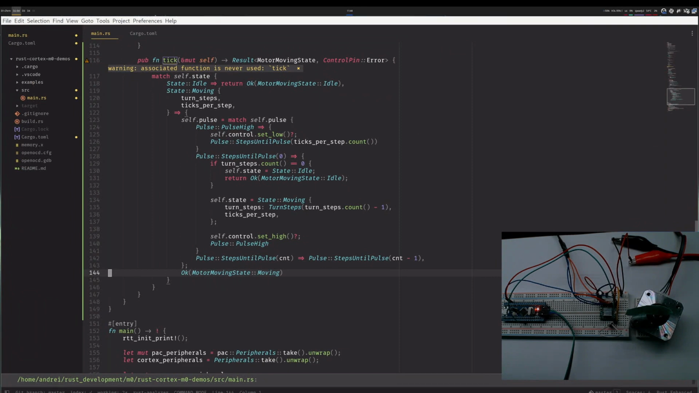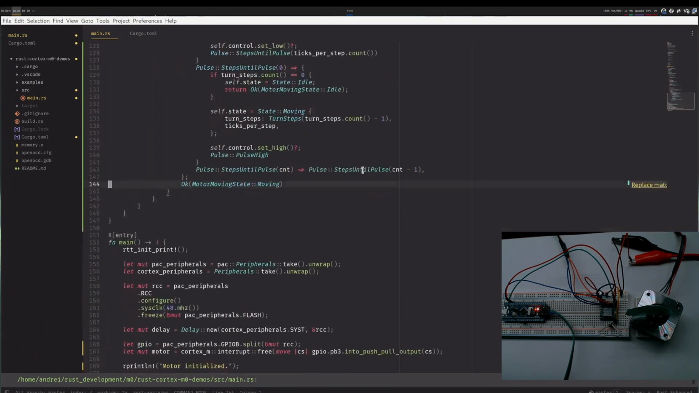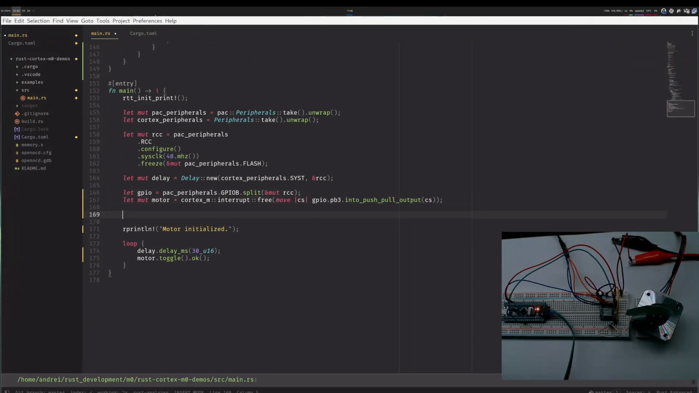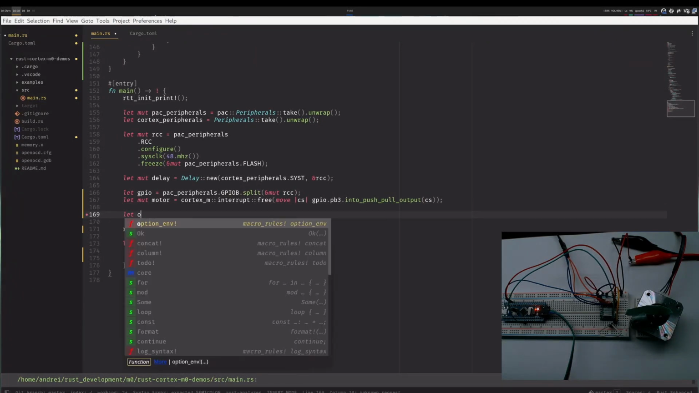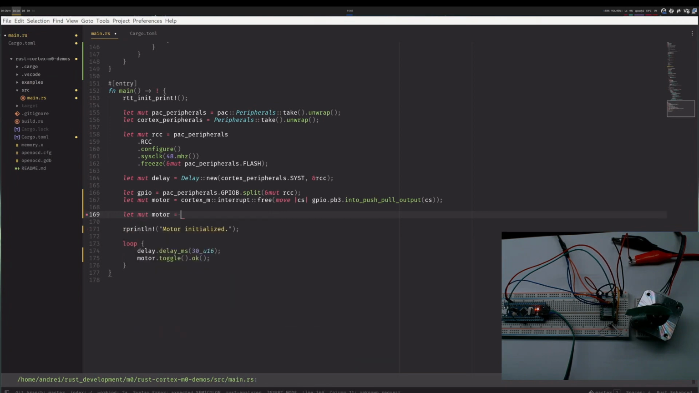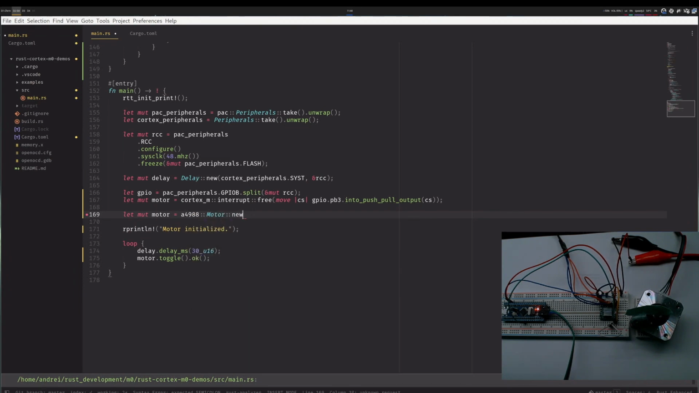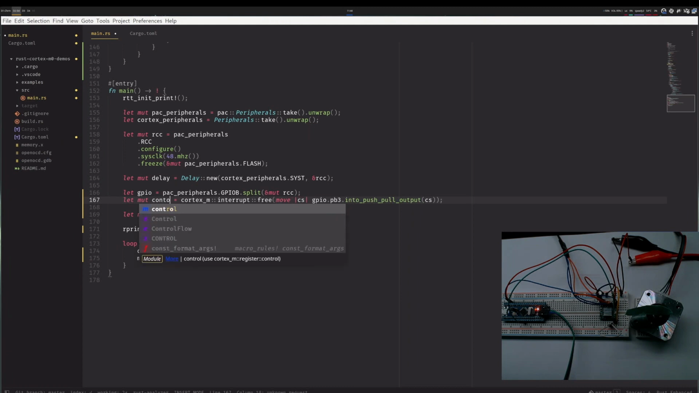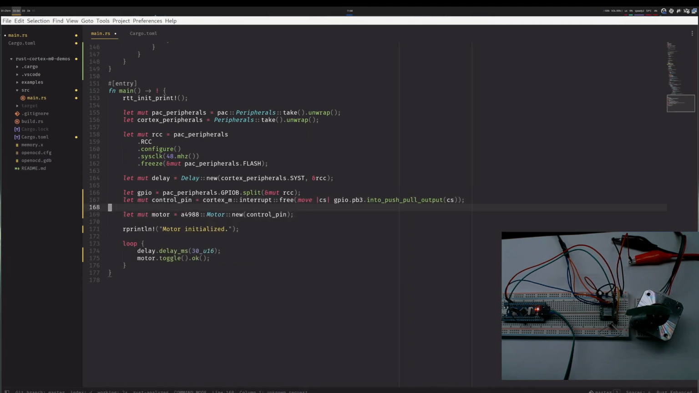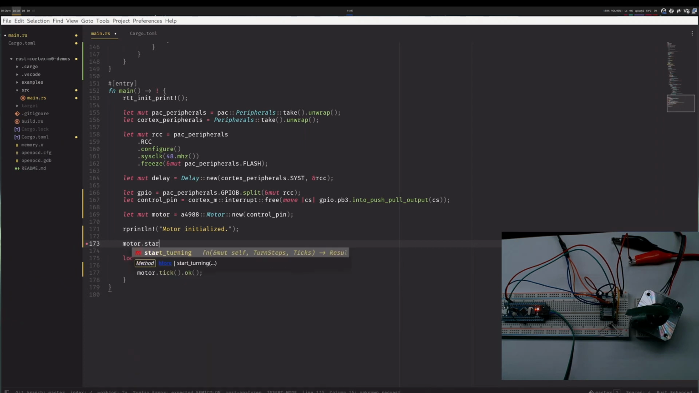So at this point, in theory, I should be able to use this new motor driver instead of me directly controlling the pin. So let's say motor, it's a new motor of my control pin. If I should rename this, so let's say this is control 10. It doesn't have to be mutable, and then motor, I think it's just tick. Start turning, and I will use turn steps